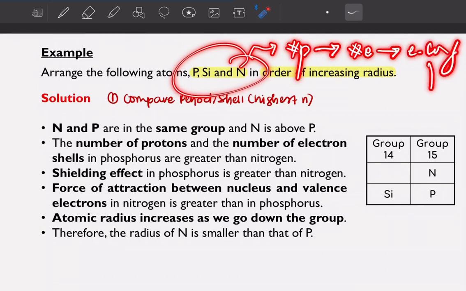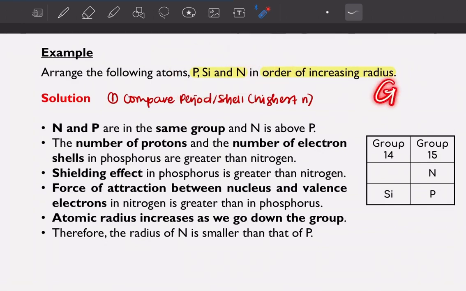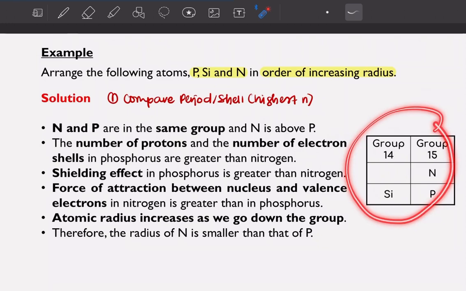So once you know the electronic configuration, you can find the group and period of each of the atoms. Lepas tu nanti awak akan dapat lah nak susun dia macam mana. Kalau dalam periodic table dia nampak macam mana. Once you find this,